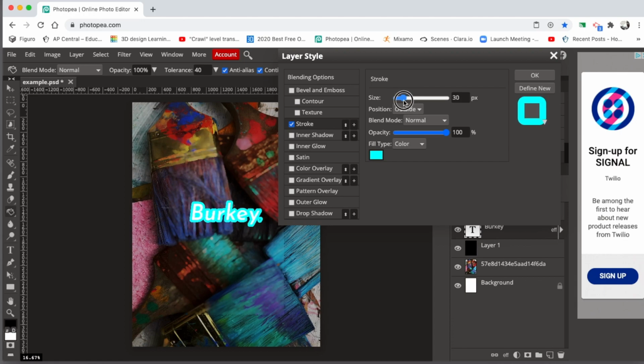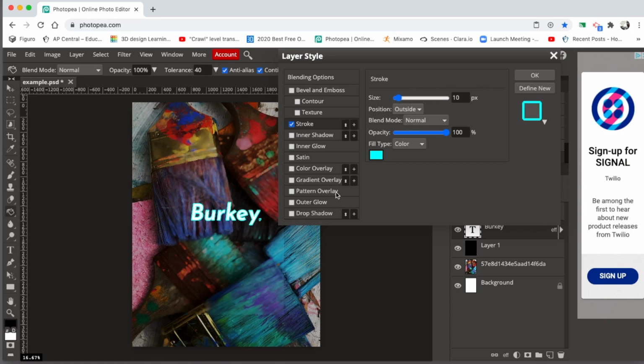that I can make. Now I noticed when I made the size of that stroke larger, I have a font right next to the Y in Berkey. I think it's an extra Y that I added by accident, so I can show you how to go back and make adjustments or corrections as well. So I'm just going to leave that stroke checked, and I'm going to turn the size of it down so it's not so